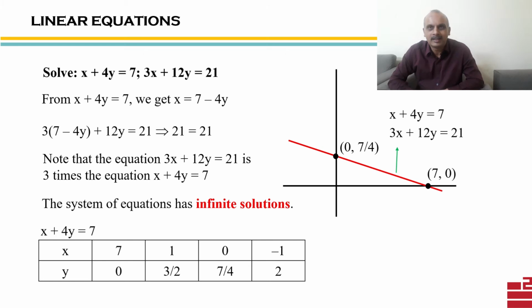Now this straight line is the graph of any one of the equations. In fact, both of the equations will have the same graph, which means these two lines are nothing but coincident lines. They coincide over each other at every point. And we have seen in one of the earlier cases that the intersection of two lines is the solution. Here the two lines intersect at every point because they are coincident. So the number of solutions will obviously be infinite.